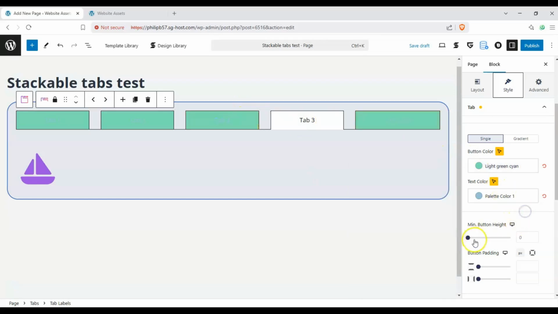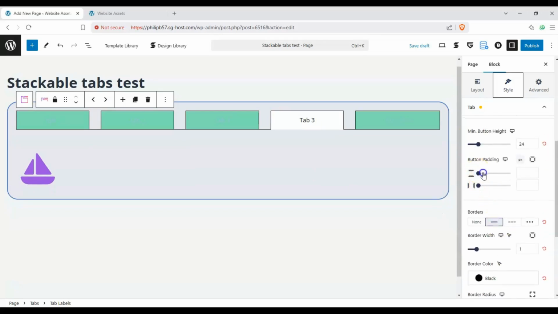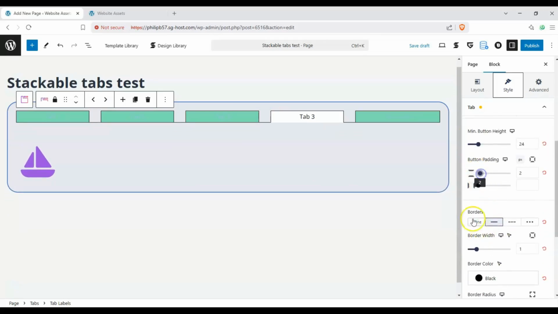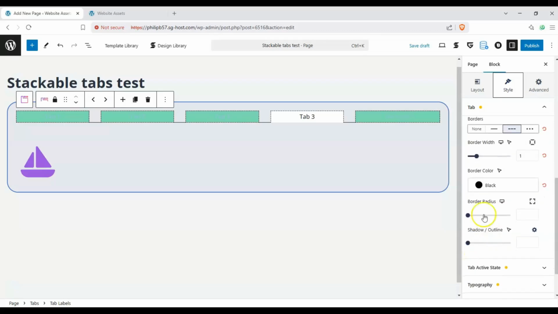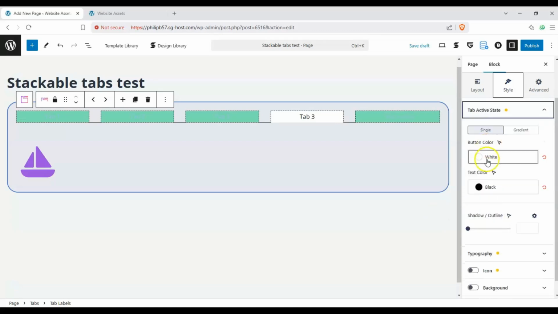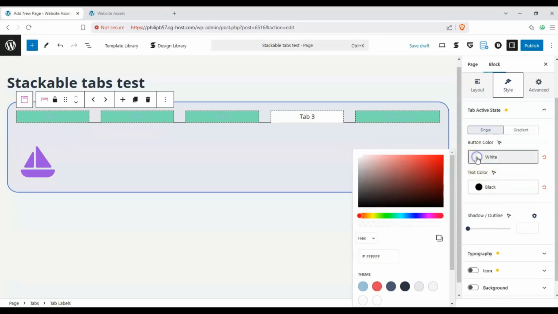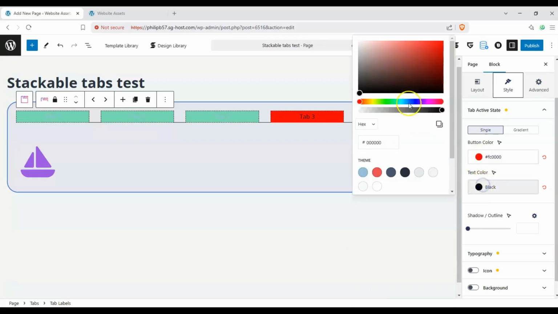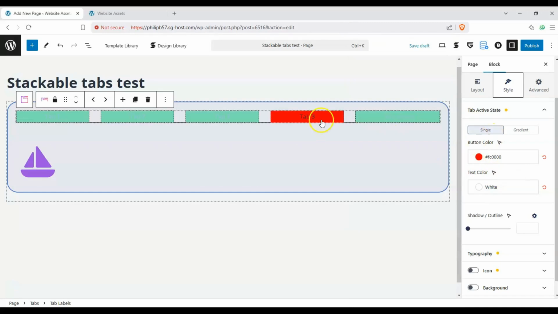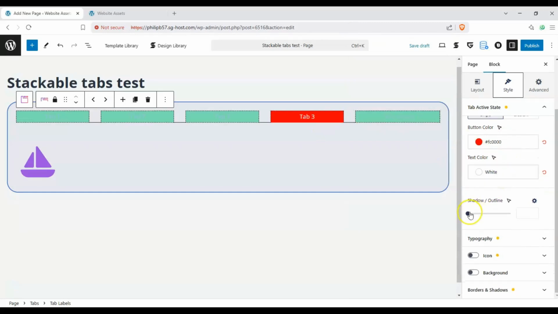Okay, I like that. And then we can change our minimum button height, make it bigger or smaller, and then our button padding. And then we can add borders to them, change the borders, that is, and then change the border color, add a radius to these, but I'll keep it square. On the active state, we can have this be red, and then our text will be white. We can also change how it looks when we hover over it, of course, and then shadow and outline,